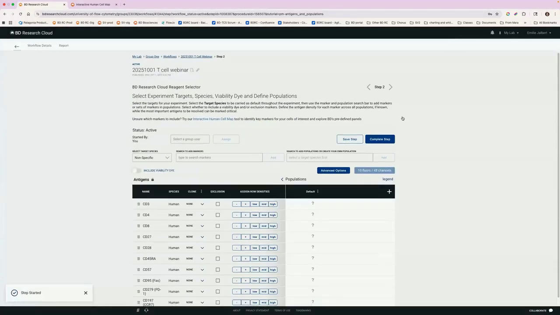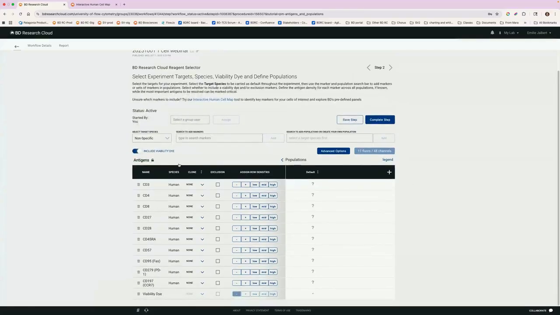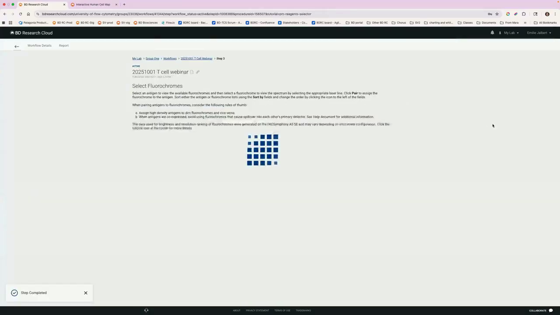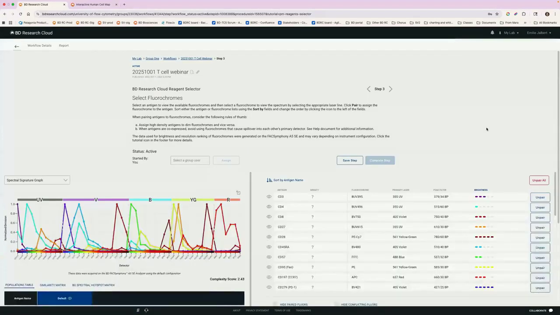So now it brings me to step 2. Step 1 is selecting a cytometer. Step 2 is finalizing the antigen list. I'm going to add a viability dye to this panel and assume I'm happy with the information. I could have deleted and added on this step, but for today's demonstration, I'm just going to leave it as is. So since we selected a